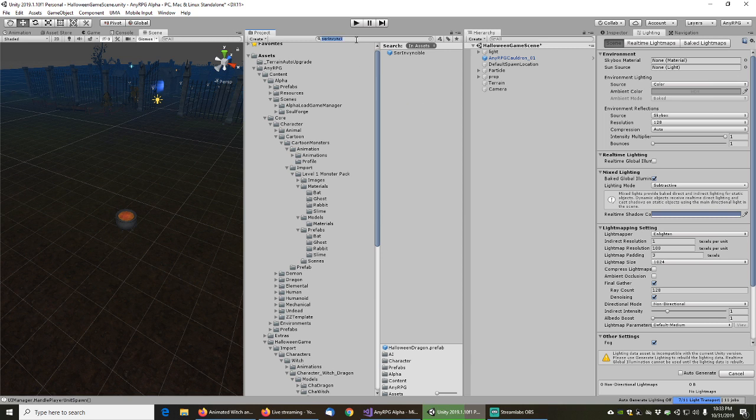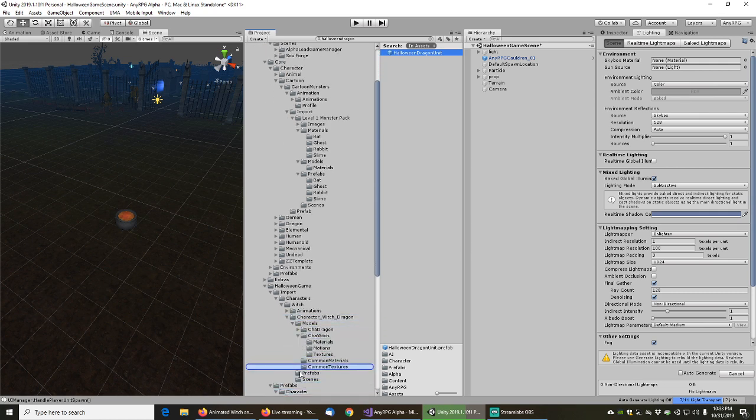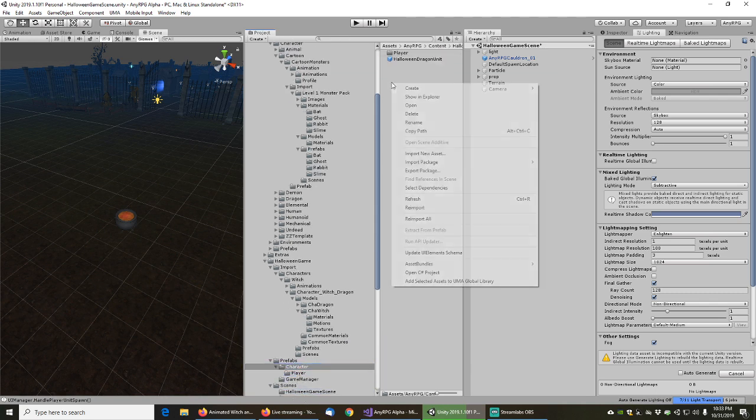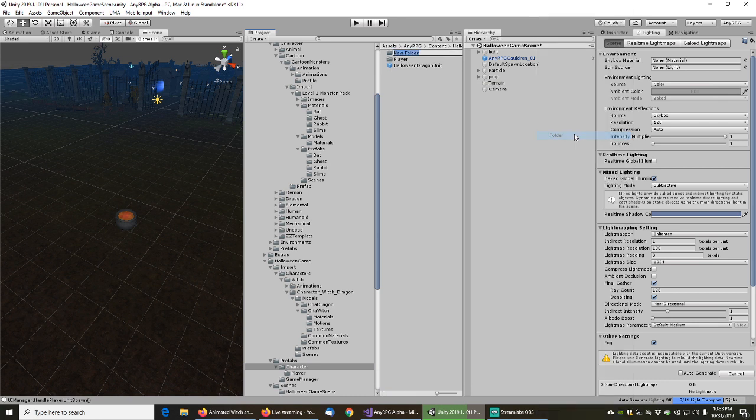And then we can take the Halloween Dragon, and actually I'm gonna call him Halloween Dragon Unit here, and then we can move him into the extra Halloween characters folder, not the import, the prefab, and then we'll make an AI folder here. So create folder AI, and we're going to pull our Halloween Dragon unit into the AI folder. Then